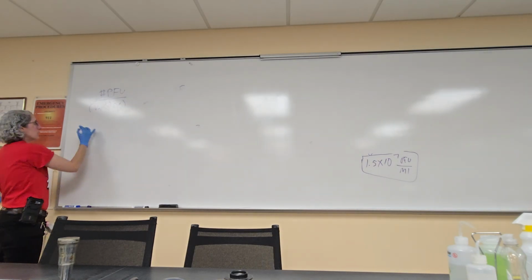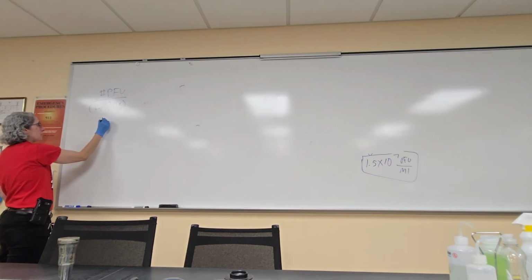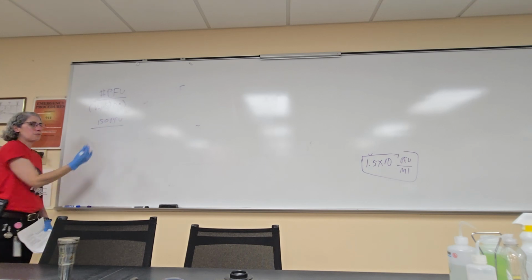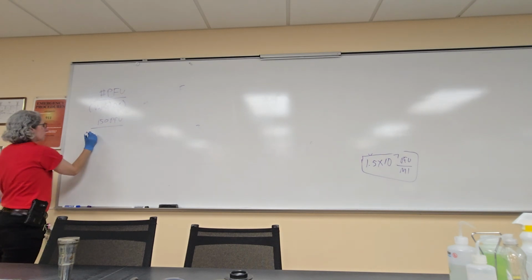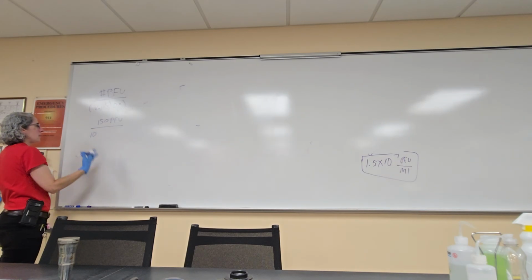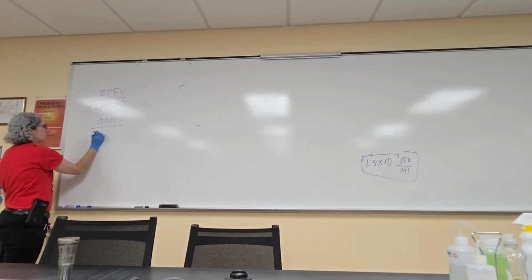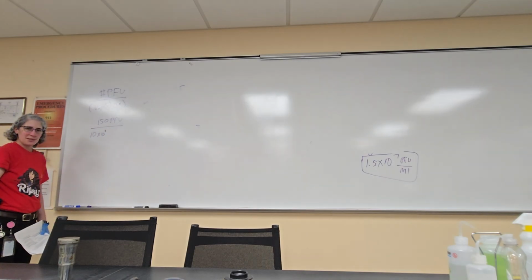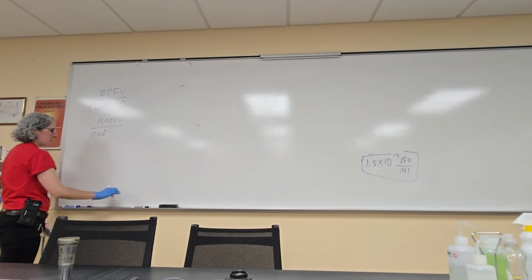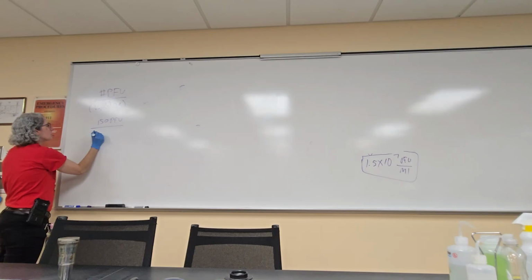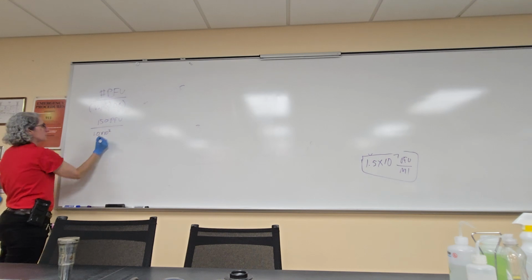So if we use the same numbers, we had 150 plaque forming units, and then our volume that was 10 microliters, right? We're going to convert our 10 microliters into milliliters. So if we do that, it's either 10 times 10 to the minus 3, but that's not correct scientific notation, so we have to move the decimal point over. 1.0 times 10 to the minus 2 mil,